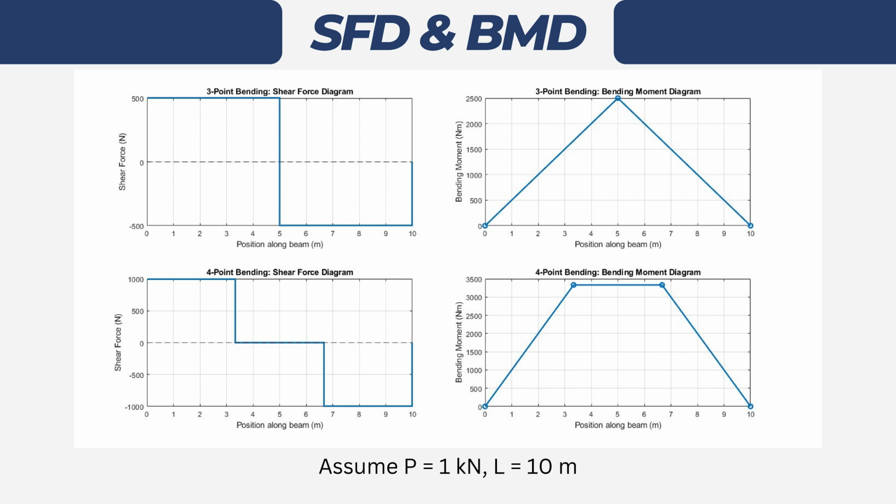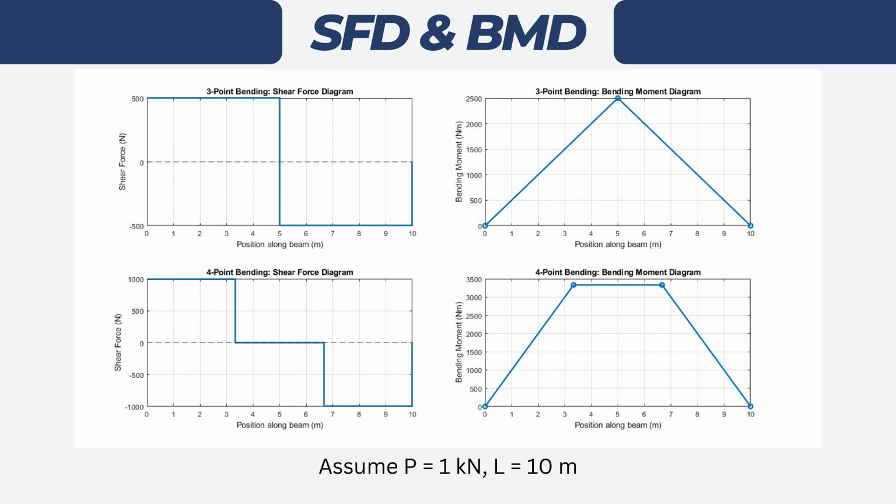Moving on to the 4-point bending test shear force diagram. All the 4 loads will have the same magnitude, which is P, which is 1 kN. So I start off with the reaction force A, 1000 Newton going up, and then the external load P going down by 1000. The 4-point bending test will have 2 external loads P, so basically 1000 Newton going down again, and lastly we'll have the reaction force B, which is 1000 Newton going up, and it ends up at 0.